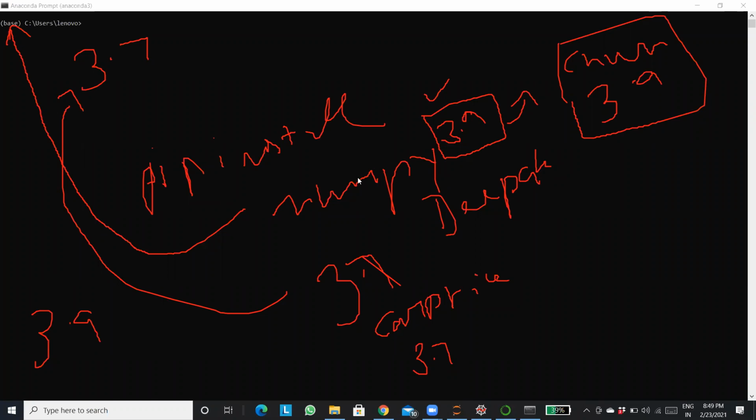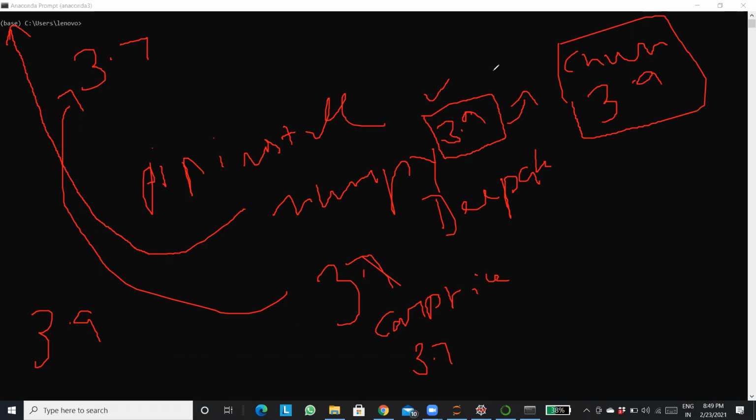No, leave the virtual environment concept for right now. Tell me in general what he will do. He will again pip install NumPy 3.9, right? His old code will not work. He'll have to again pip install NumPy 3.9. That's what he will have to do.